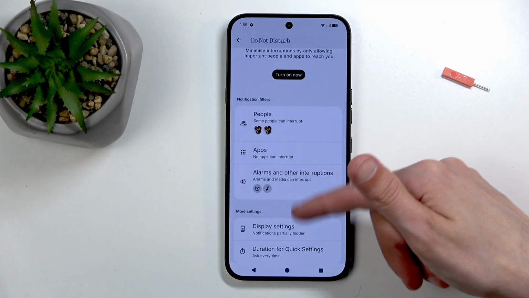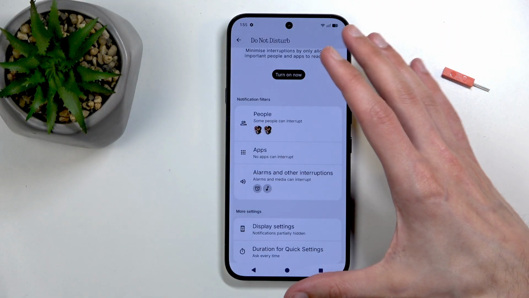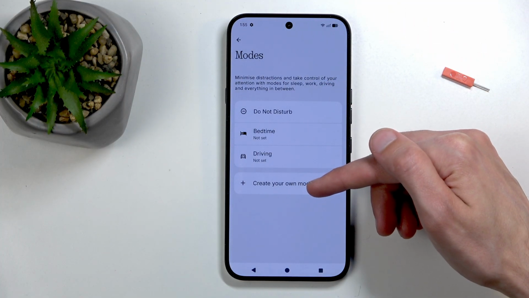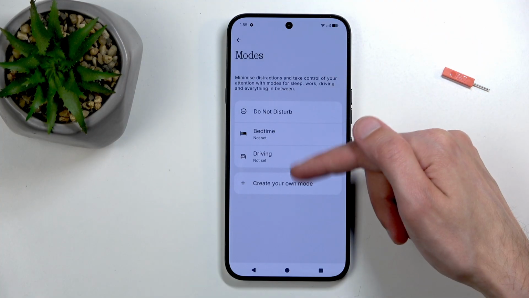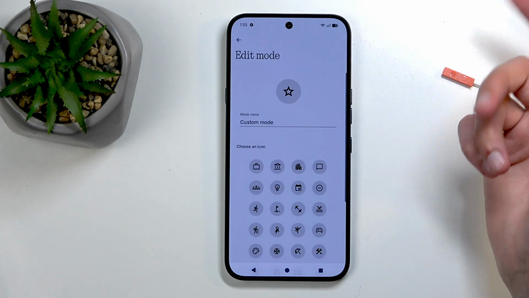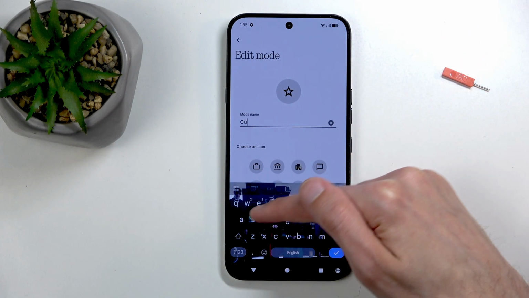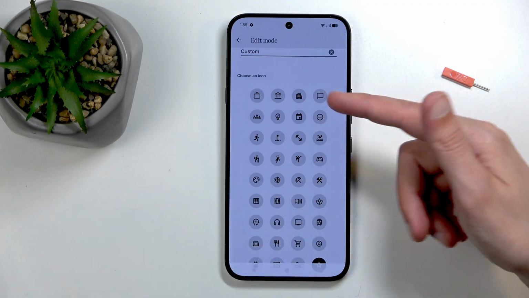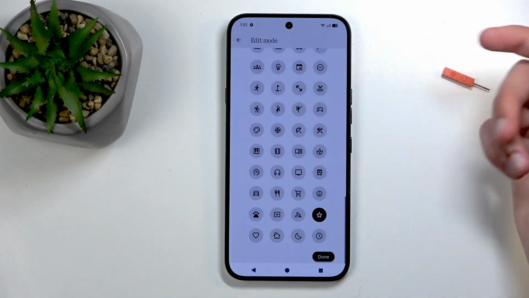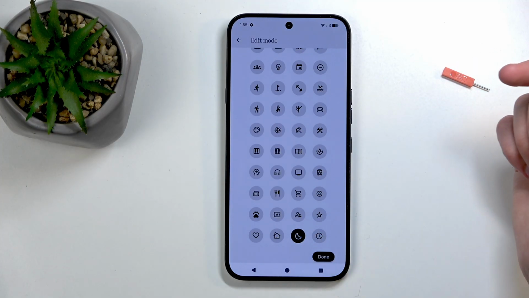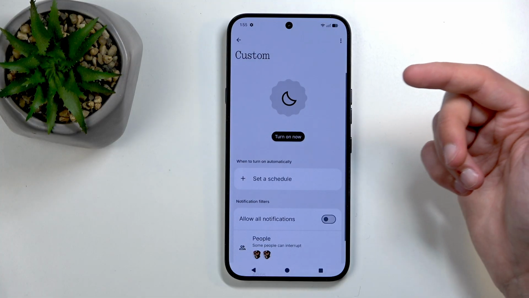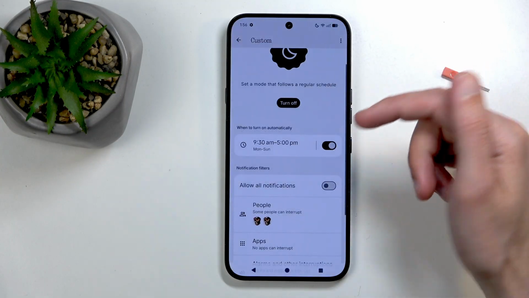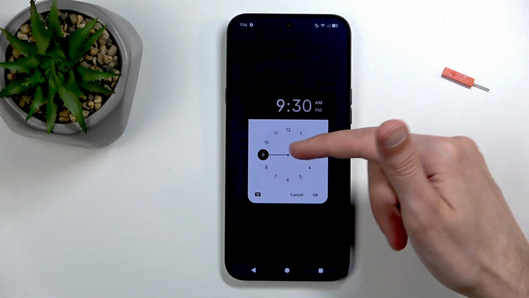So let's go back. As you've seen, this is just a normal one, and you can turn it on and off at will. But the other ones in here, like create your own, run a little bit differently, so they will add additional options in here. So let's create one. We can name it whatever, it doesn't really matter. Next, choose whatever icon you want for it. I'm going to select the moon. And now what you can do is set up a schedule, so you can choose a specific time to start and end,